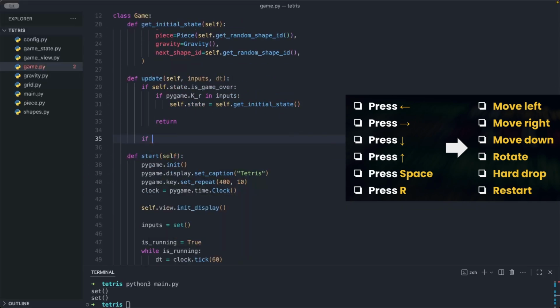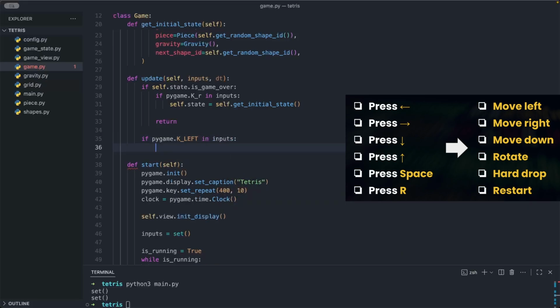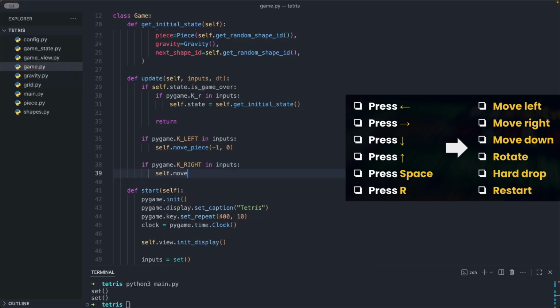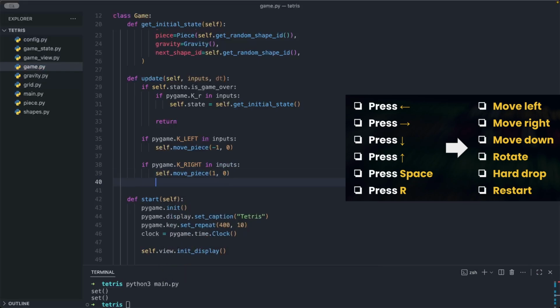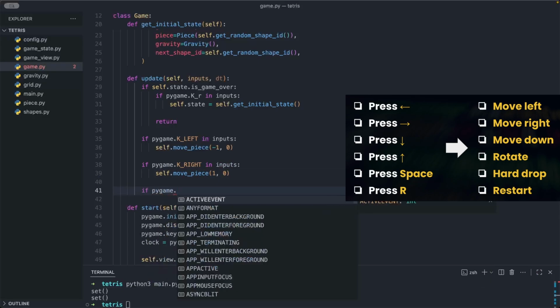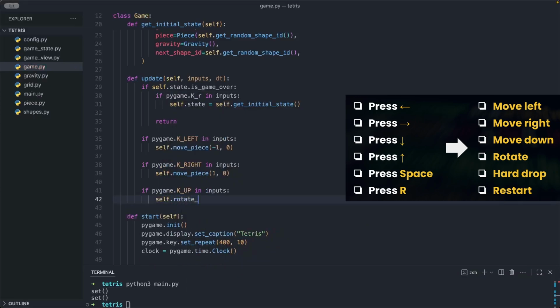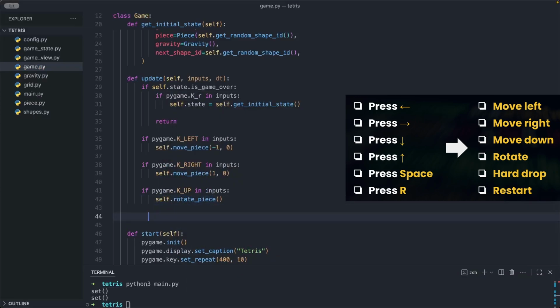Next, if we press left, then we will run the method which we don't have yet to move the piece by -1 in the x coordinate. And similarly, of course, if we press right, then we move our piece by 1 in the x coordinate. And then when we press the up key, then we rotate the piece. Again, we don't have this method yet. When we press down,